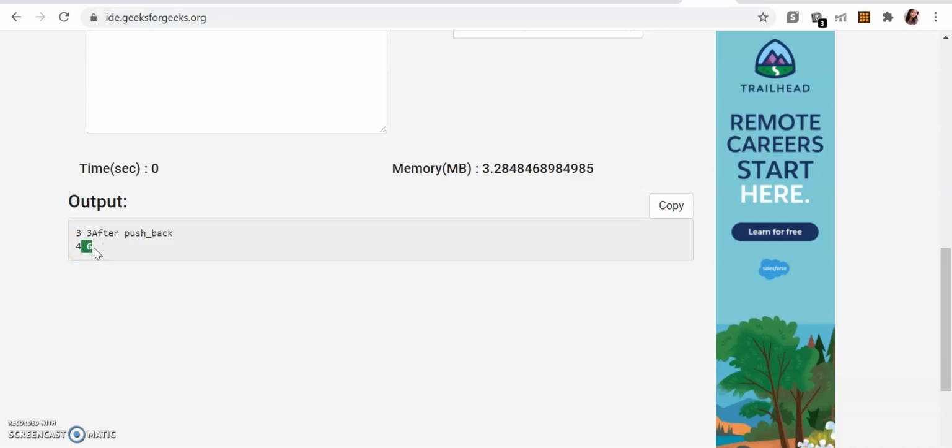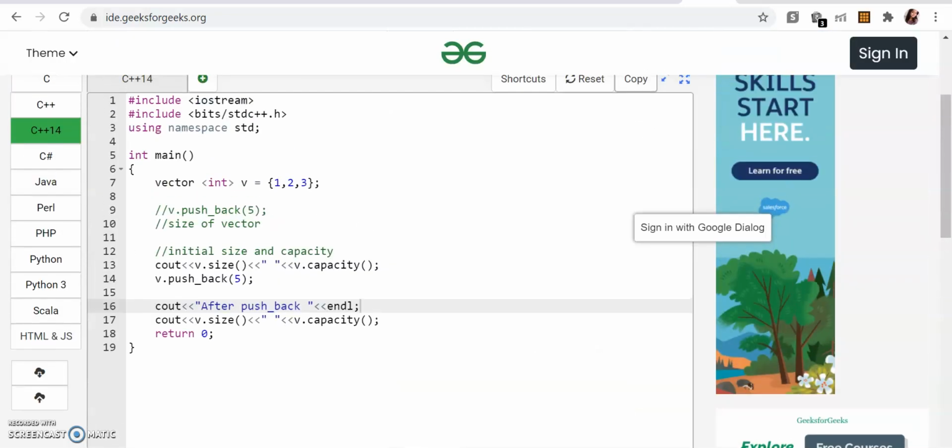Why did this happen? Because initially we initialized this vector with 3 elements, but when we did this push back, the vector was full. So instead of just adding one space and adding this element, it doubled the size of the vector. That means the vector of 3 became 6, and then it added one element at this position, right? So let's add a new line here. Okay, so this is related to push back.